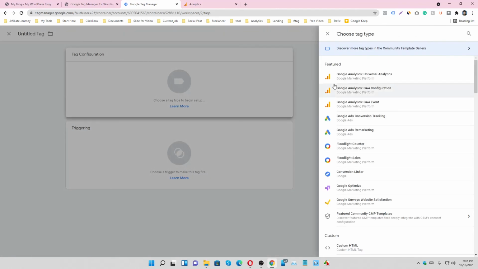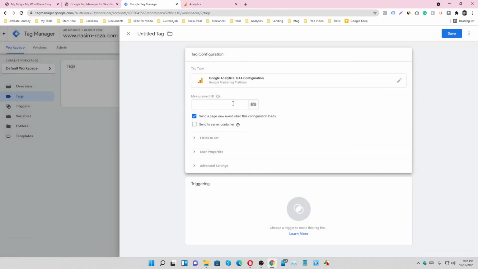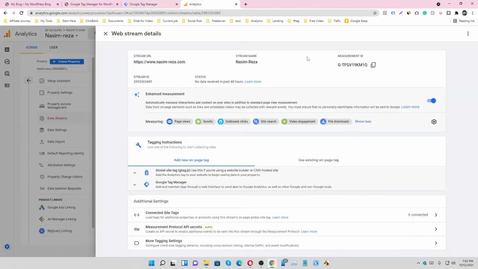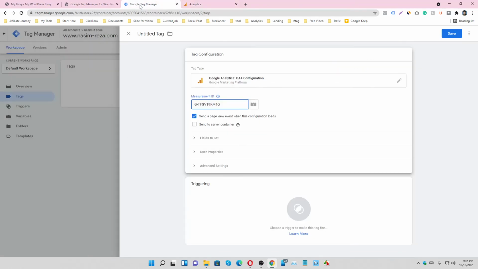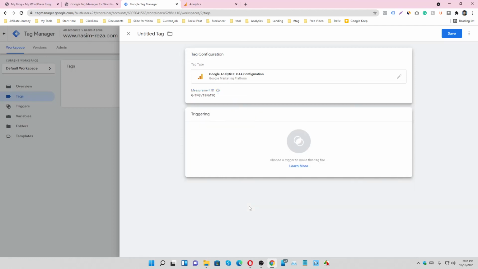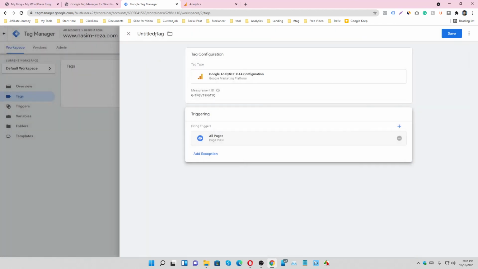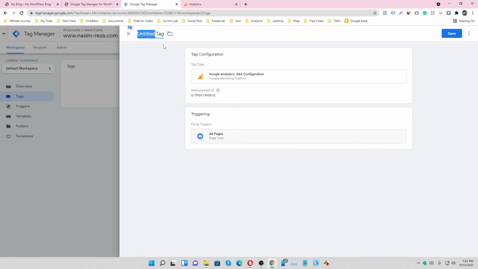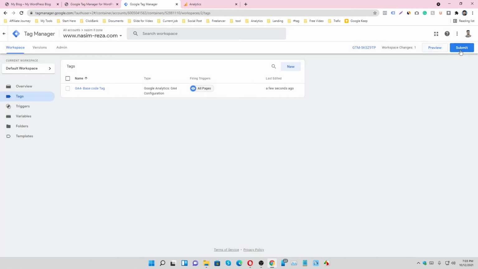Tag configuration, Google Analytics GA4 configuration, and just input the measurement ID here, and trigger with all pages, and make the name of this tag GA4 base tag. Just save it and then submit it.